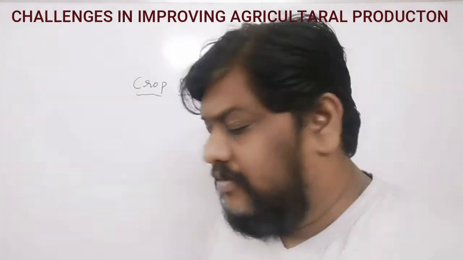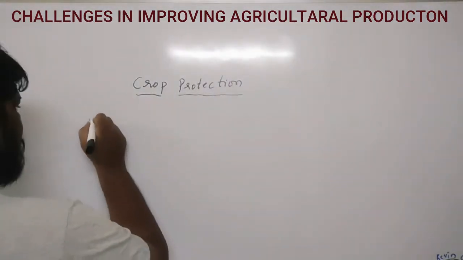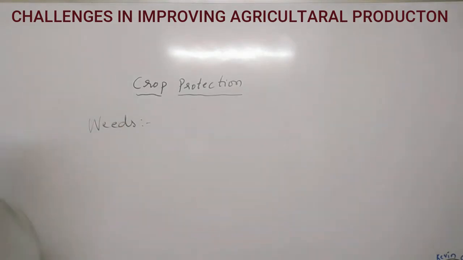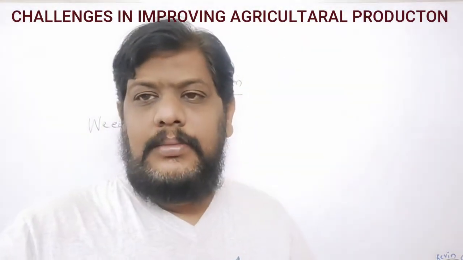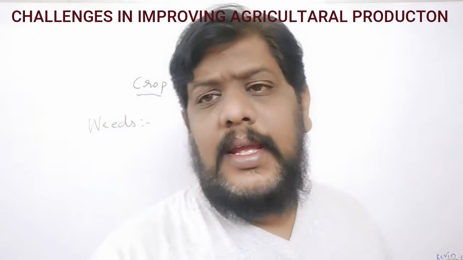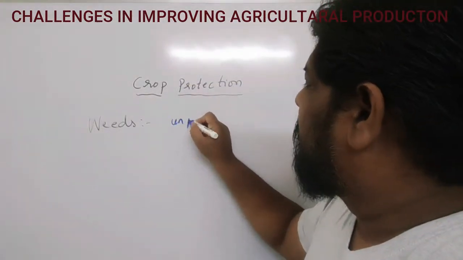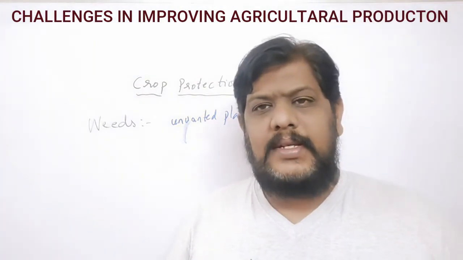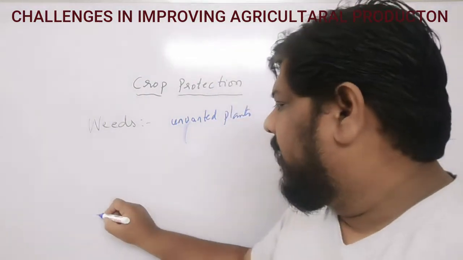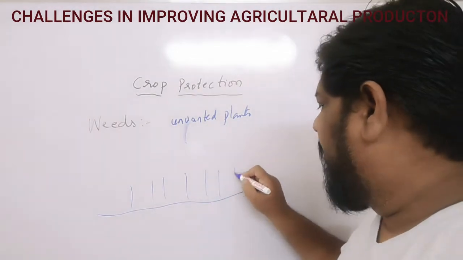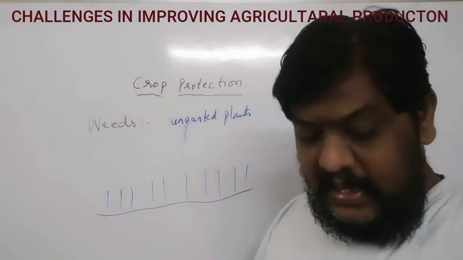Especially we'll be talking about the weeds. These weeds are the unwanted plants. Basically, they grow along with the crop plants. Now, if this is the crop plants, I'm drawing here the crop plants, they are growing very neatly